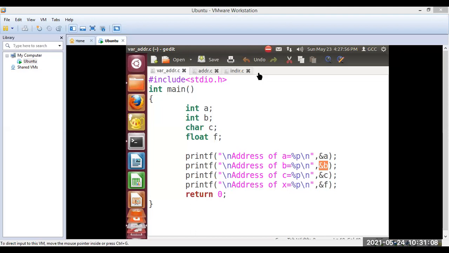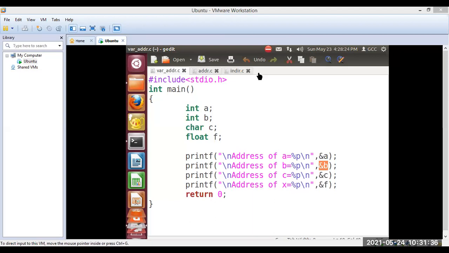Which are the data types we have declared for the 4 variables? Integer, character, float. Now, if I have to fetch the address of a particular variable, what is the symbol or syntax that I will use? Address sign. Which is that sign called? Ampersand sign, followed by the variable.